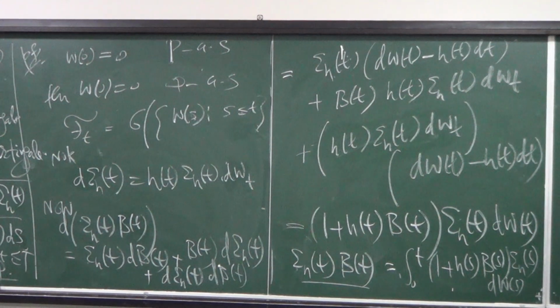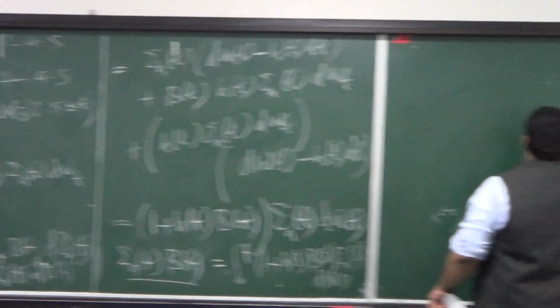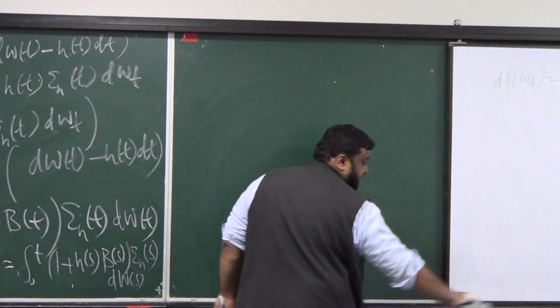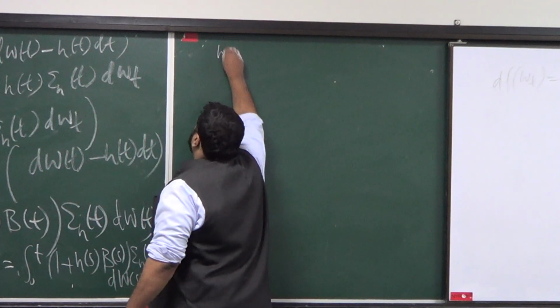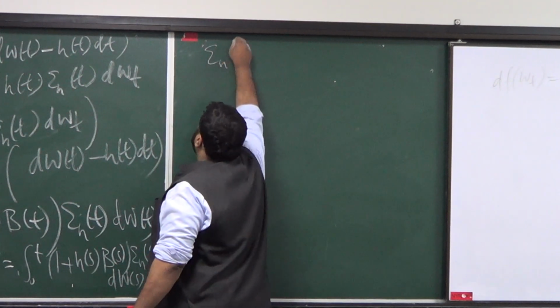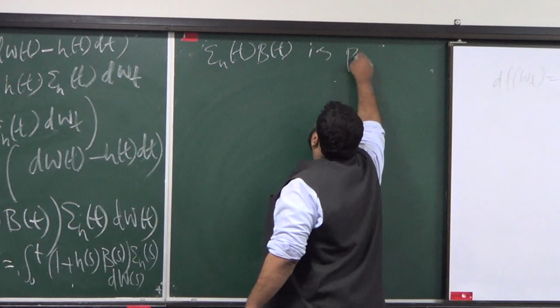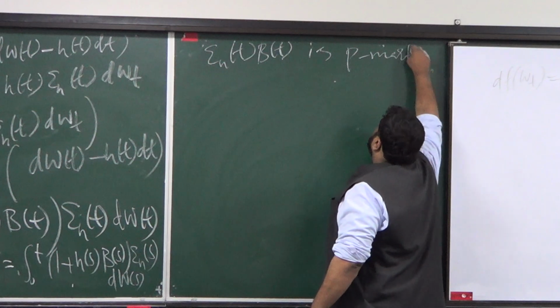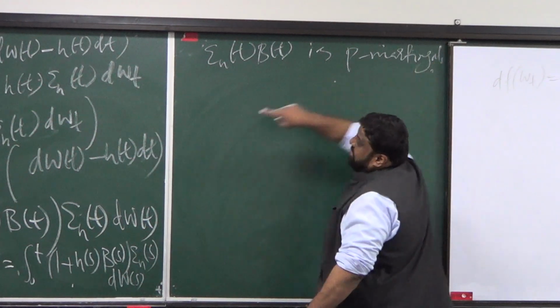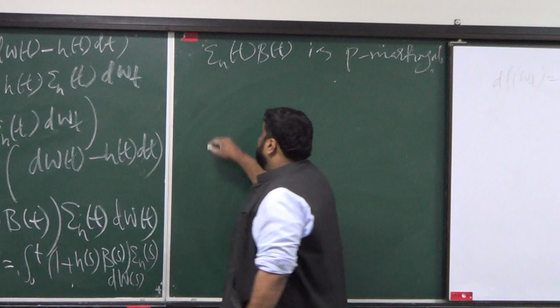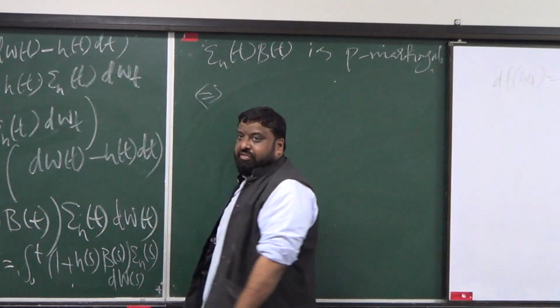So this V of t times, can you see where I'm heading? So this exponential times B of t is a P martingale. And look at the lemma. So this is going to tell you that if and only if